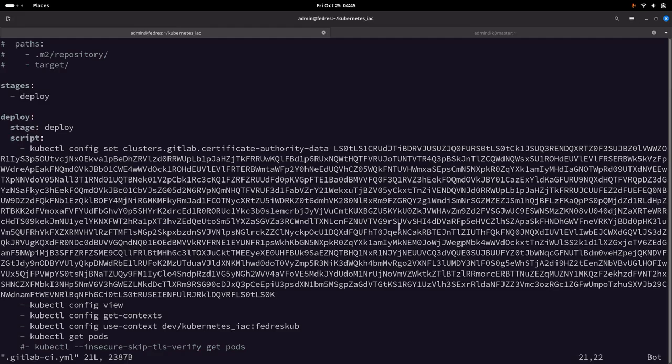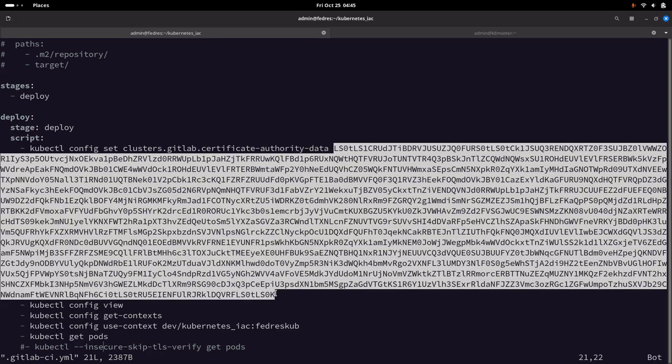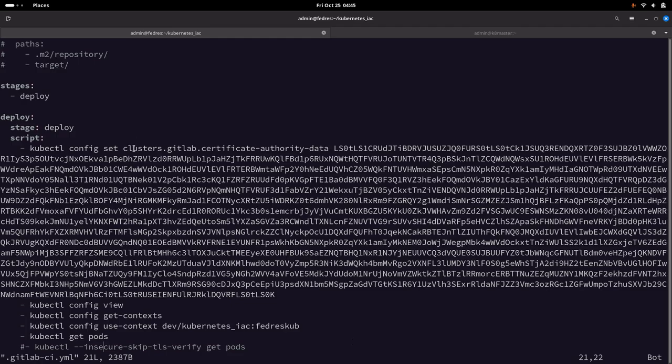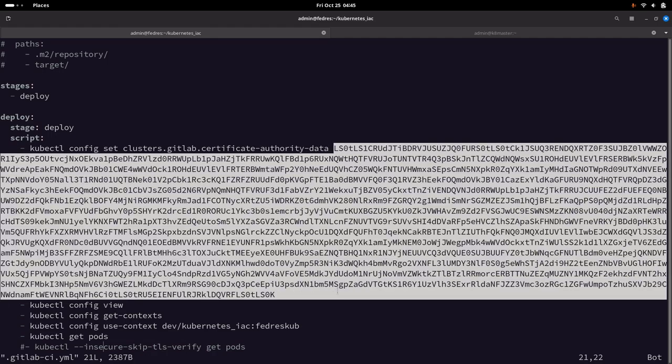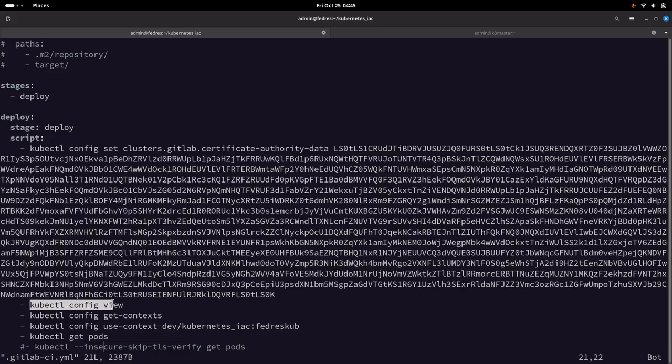So you can see this is the same as what I have just generated. Once we have configured the clusters, the default cluster that we get from the agent is GitLab, and we have applied the certificate authority (CA) certificate pointing to the self-signed certificate. Now we can just do a config view to get our config output and get the context